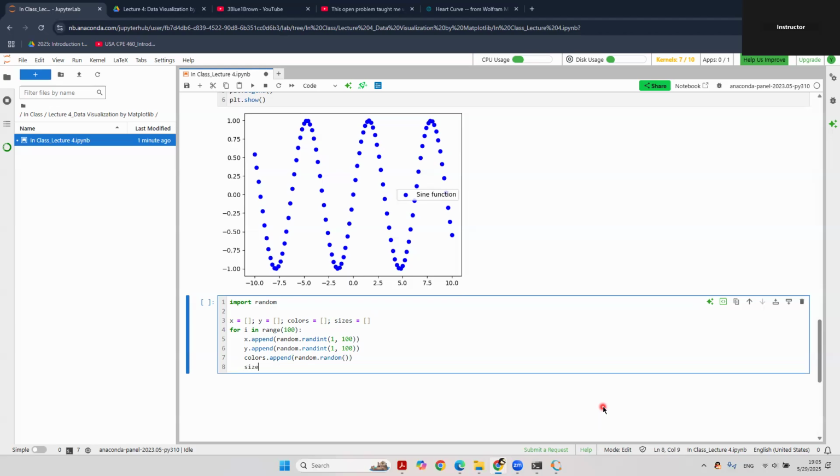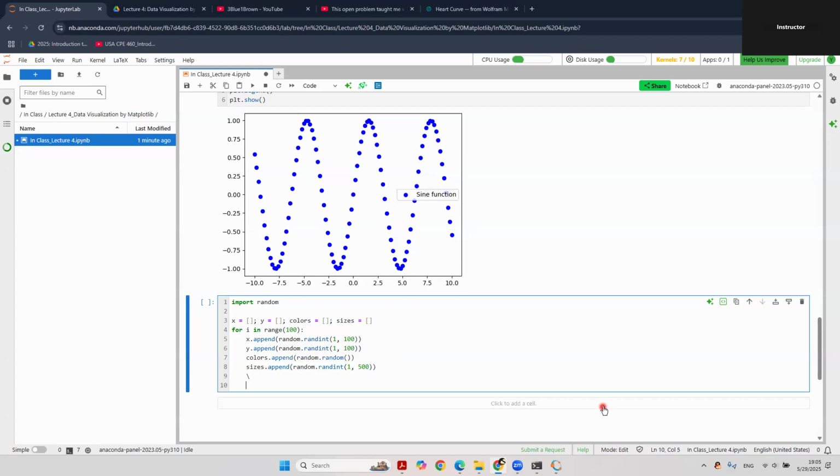And finally, sizes.append random.randint, sizes is again a randint to generate an integer between 1 and 500. And here now I can use plt.scatter to plot this x